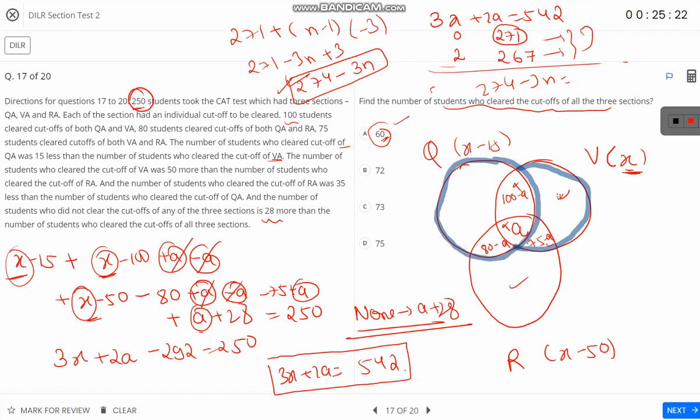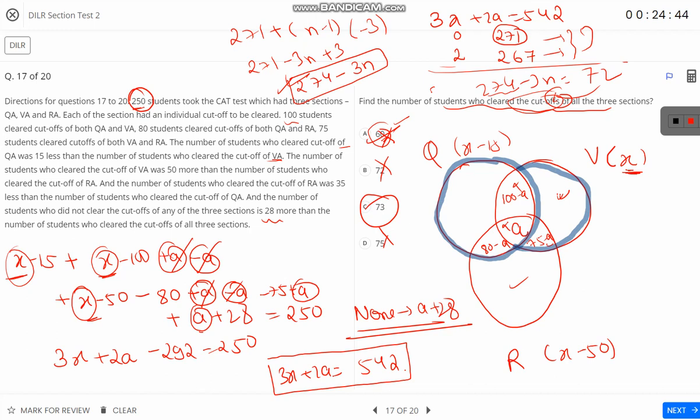Coming to the next, 72. Let us check for 72. It won't work as well, because 274 minus 72 by 3 again won't be an integer. Basically, since 60 and 72 are multiples of 3, if they come to this side, the difference won't be a multiple of 3. We need the difference to be a multiple of 3. So these cases are gone, we are left with only 73. I am sure that 73 is correct, but for your surety you can check. 274 minus 73 by 3, bingo, it's satisfied.